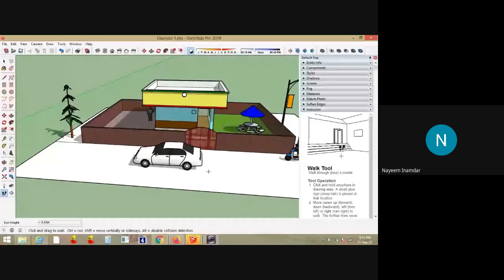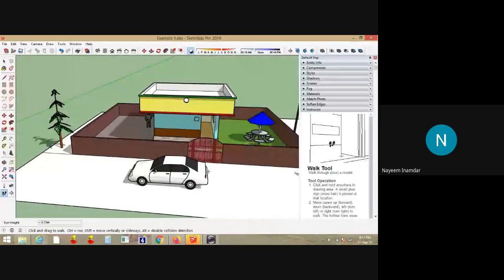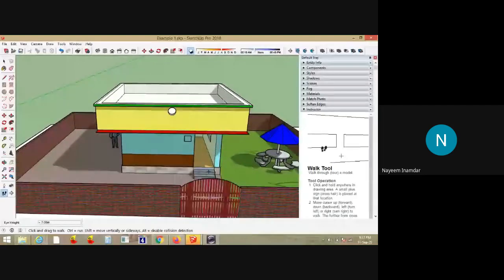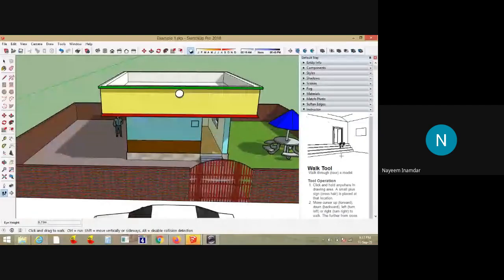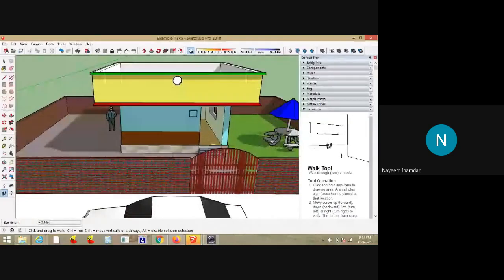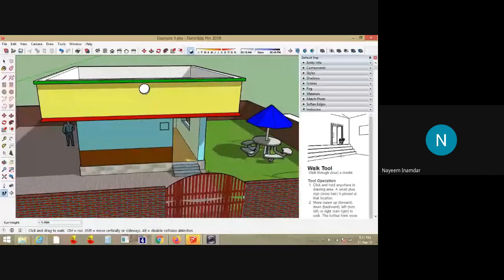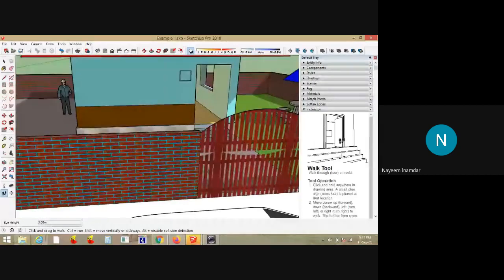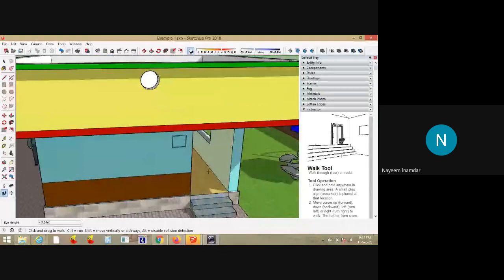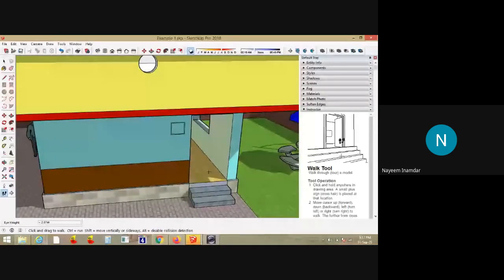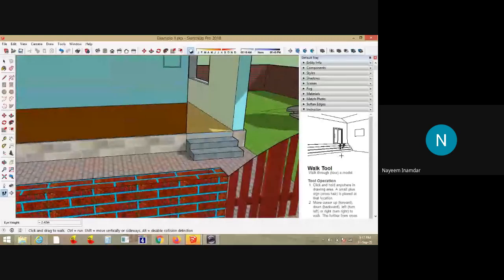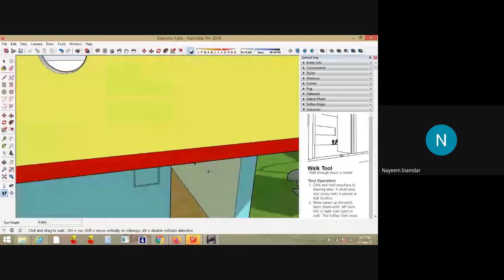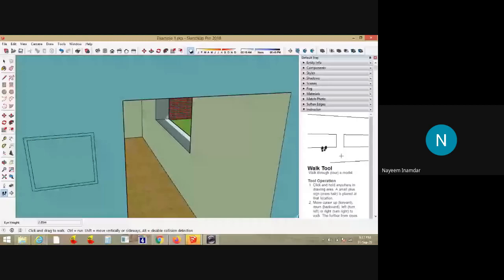Just I'll release the shift. This is how you can go inside too.